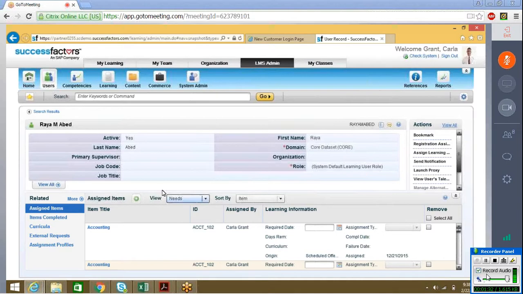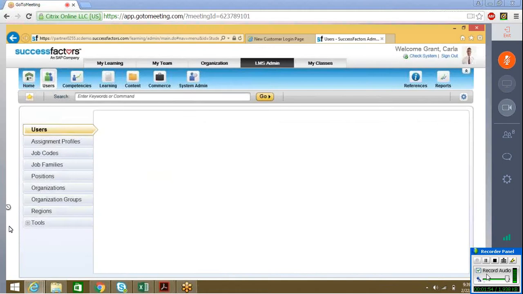If you want to assign any item, from here you will be able to assign items to the user that you have selected. This is one method. If you want to assign batch wise, what you've got to do is go to users,